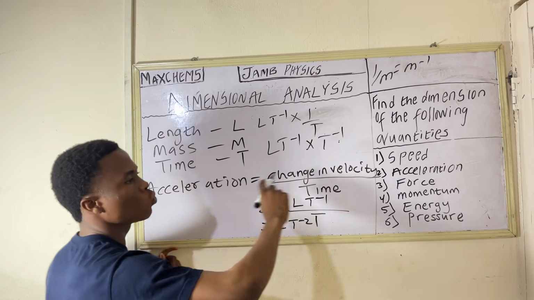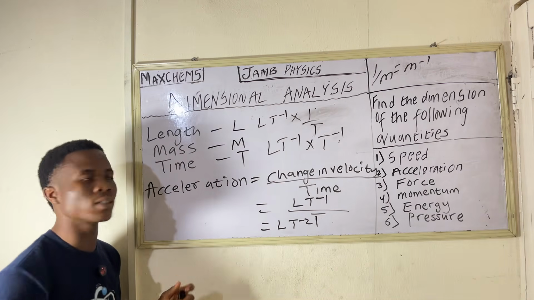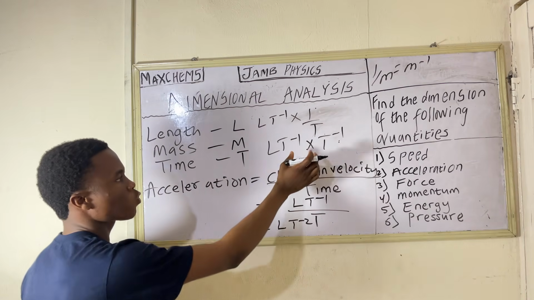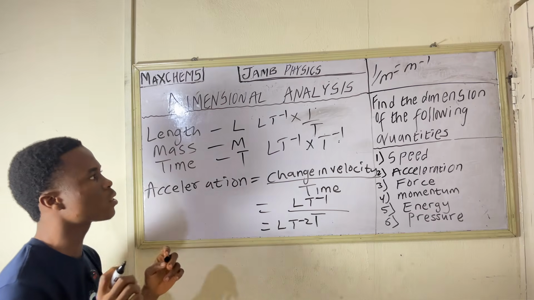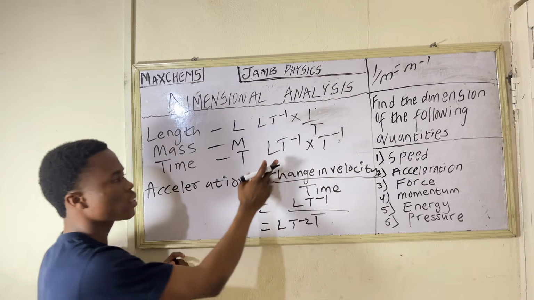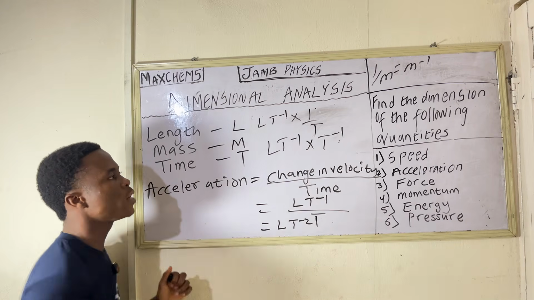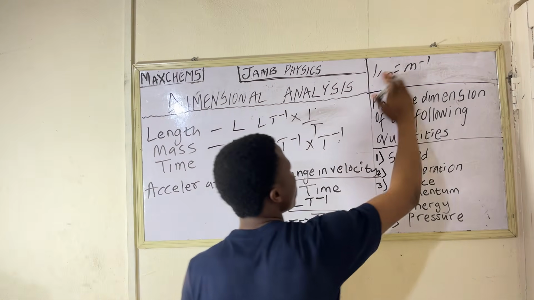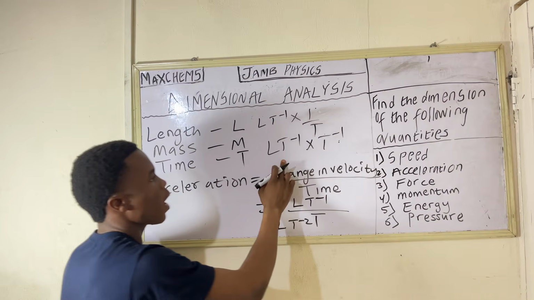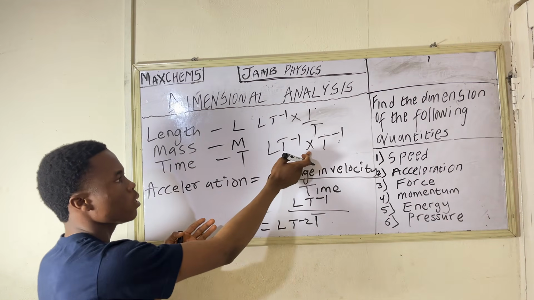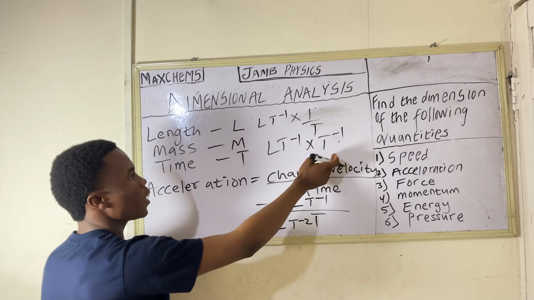Now we're going to use another law of indices. If you don't understand indices, understanding this will be a bit difficult, but let me explain. Look at it, we have T minus 1 here and T minus 1 here. There's a law of indices that says if you have the same base and there is multiplication between them,